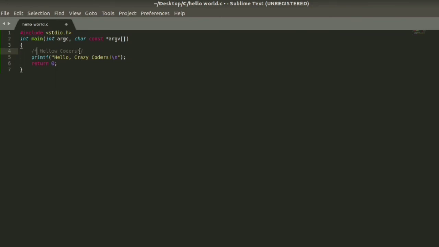They start with slash asterisk and terminate with asterisk slash, as shown in the fourth line. It has the content hello coders. C also allows single line comments, which are prefixed with two slashes, as we saw in the fifth line.